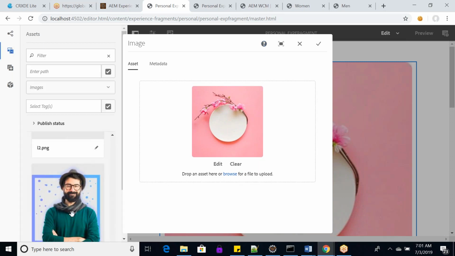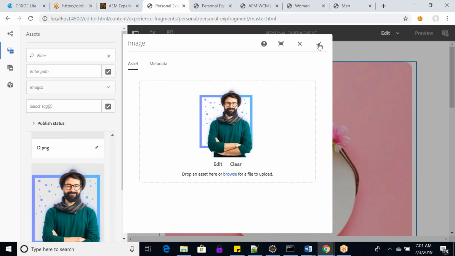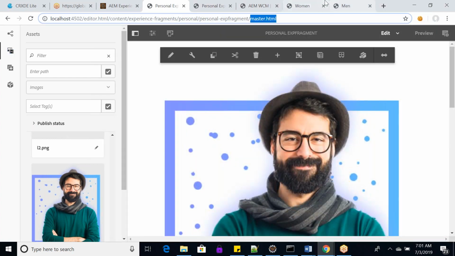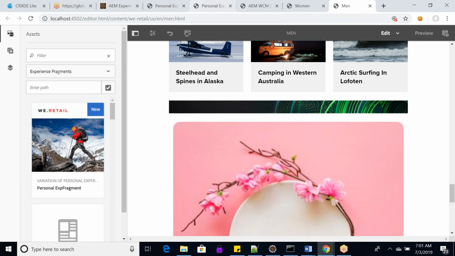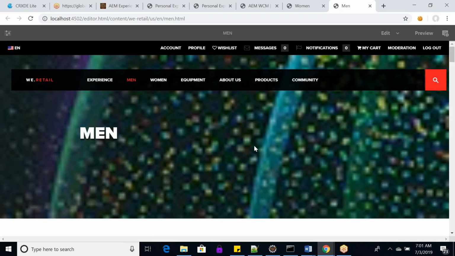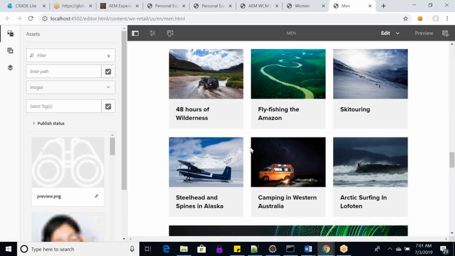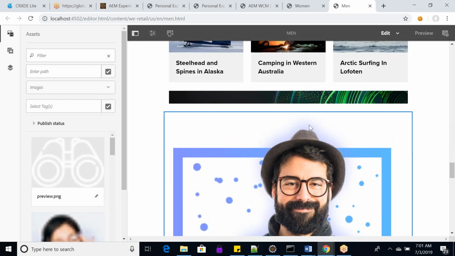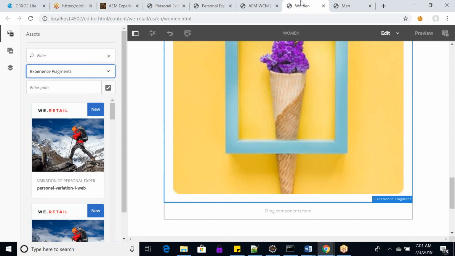Okay, so let me drag this person image in master one. This is my master. If I go here on my main page, then it should reflect here. Okay, so my page is getting reflected. Now if I want that my variation should also be in sync with my master copy, then